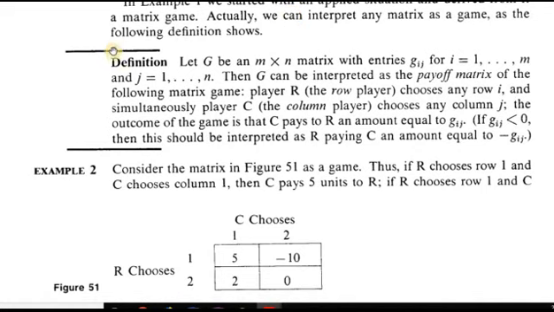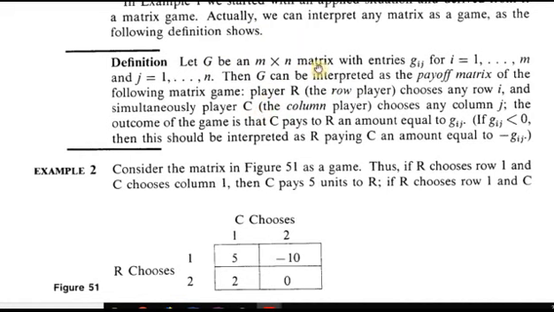And in general, we can describe this situation. We described that previous game as a matrix, and we can describe any game of this type as a matrix. Here we have an m by n matrix, with m rows and n columns, and each row represents a possible strategy of player R, who's called the row player, and each column represents a possible strategy for the column player. They don't necessarily have to have the same number of strategies.